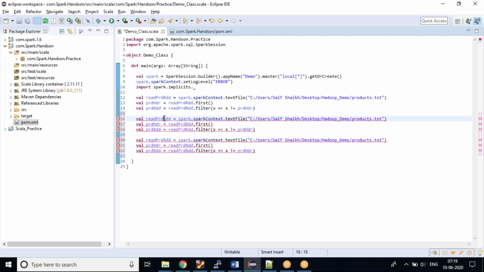Okay, so now I just need to read my supplier file, and this will be my supplier.txt. After reading this, I'm removing the header from the supplier header. So I just need to paste this over here. So this will be my supplier RDD. From the original RDD, I need to remove my header. Done. So I'm done with my second file.